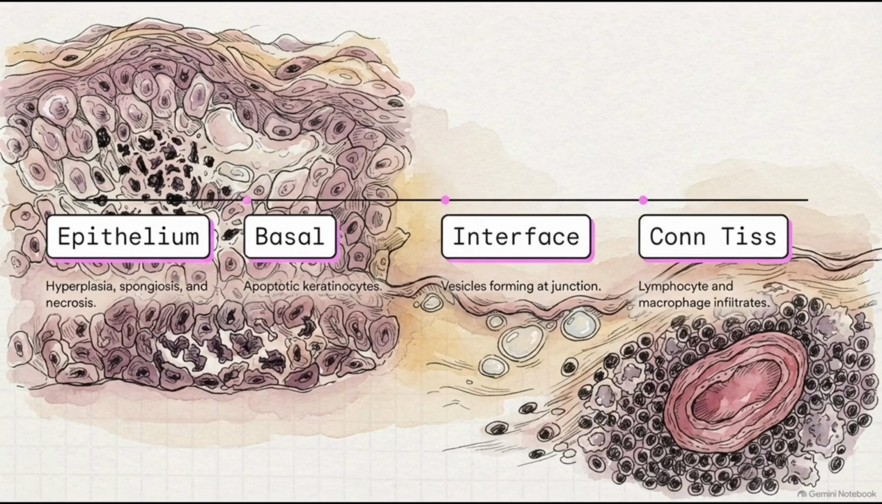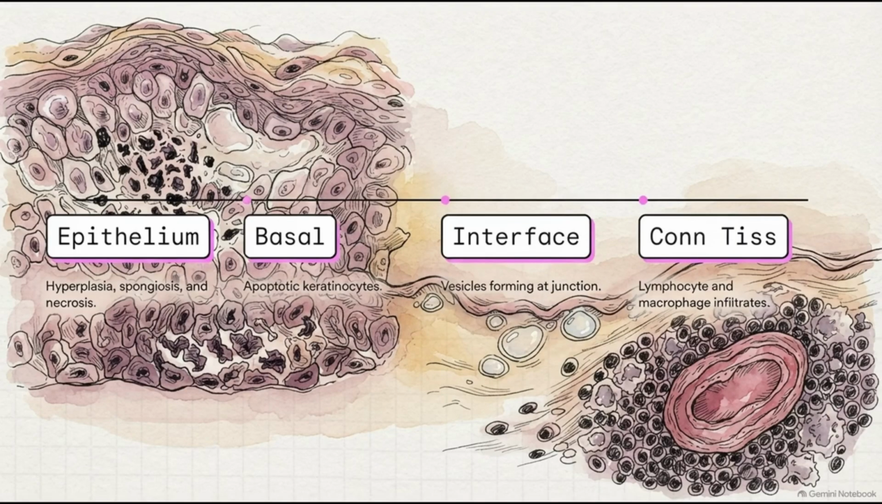Up in the epithelium, you're going to see hyperplasia, spongiosis, and eventually necrosis. Pay really close attention to the basal layer, because that's where you'll find apoptotic keratinocytes, cells that are essentially programmed to die. Right at the interface between the epithelium and the connective tissue, vesicles begin to form. And finally, down in the connective tissue, you'll see the infantry, heavy infiltrates of lymphocytes and macrophages, gathering tightly around